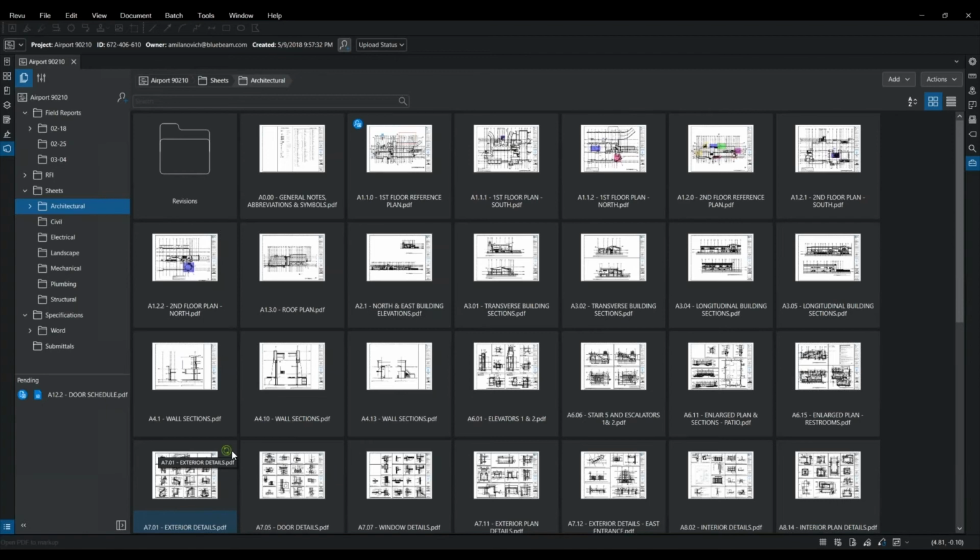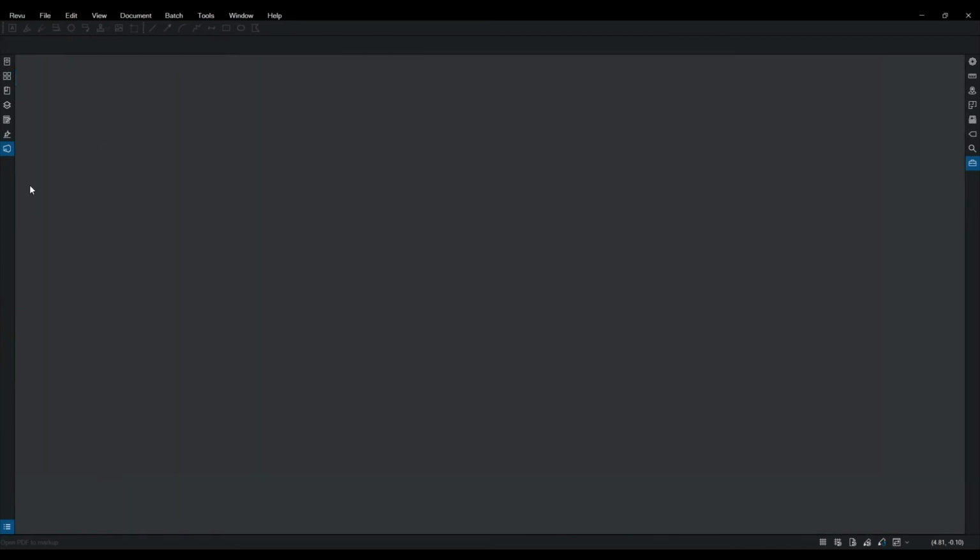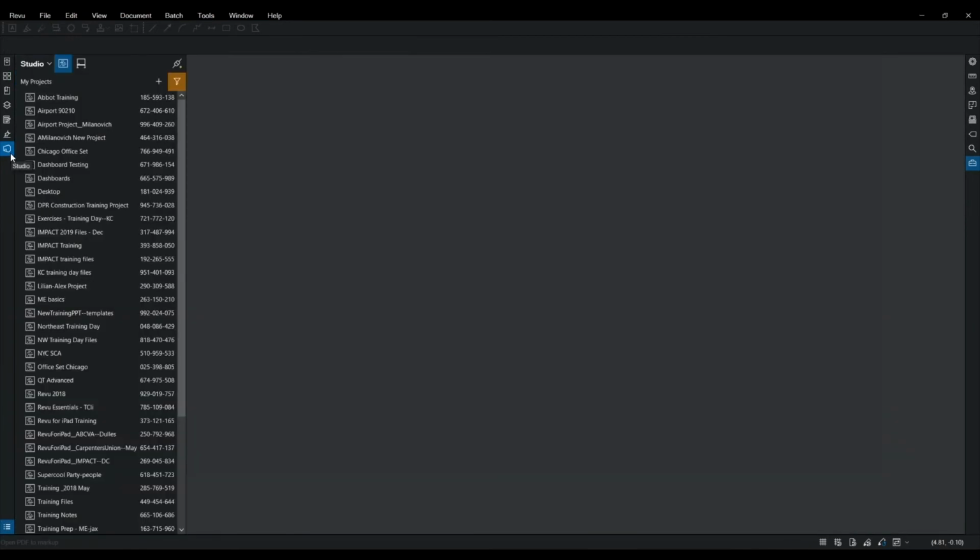It's basically just being able to store your files here as we're able to go through it. So what we're going to do now is I want to start a brand new one. I'm just going to close out of this tab here, and we're going to build a brand new one. So I'm going to go back to my studio panel here.